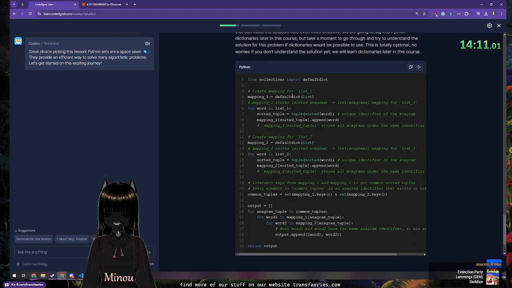So we make a dict of list 1. Here's how this works. For word in list 1, sorted tuple equals